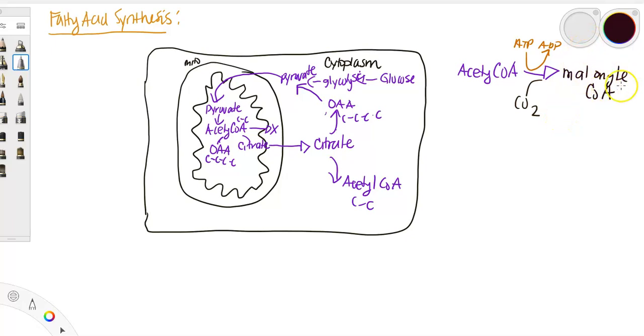And from malonyl CoA, from what's produced here, from the oxaloacetate to the pyruvate,